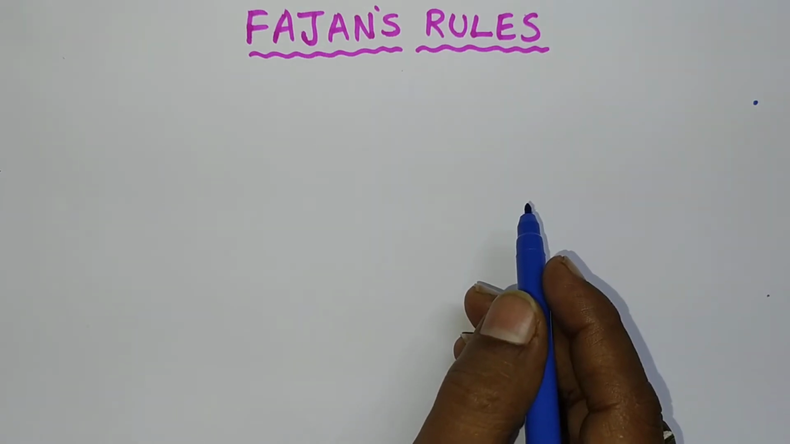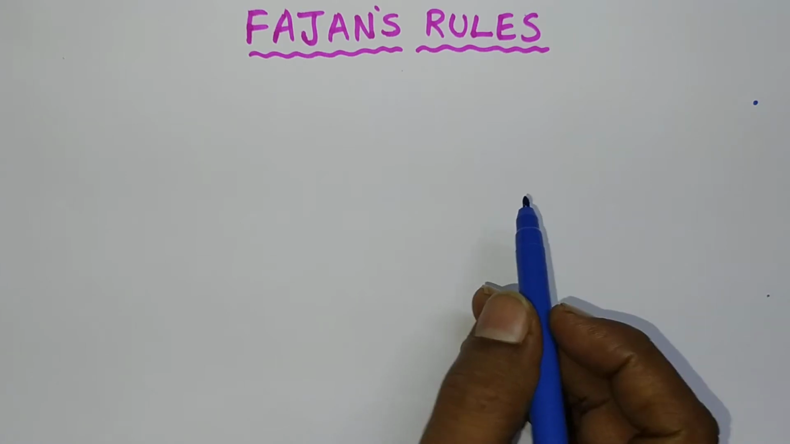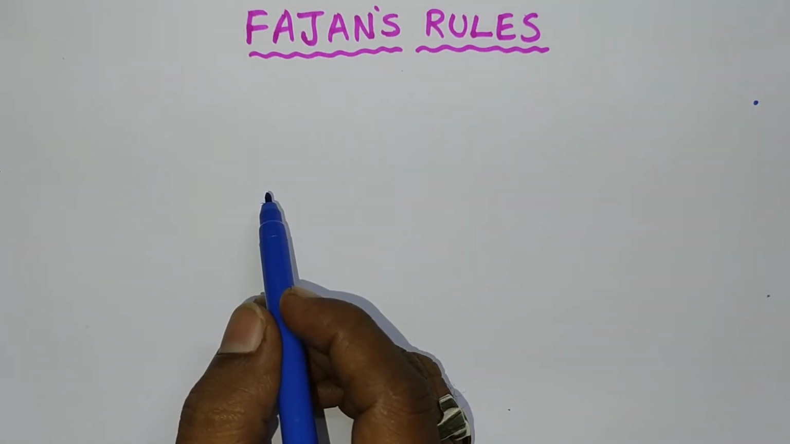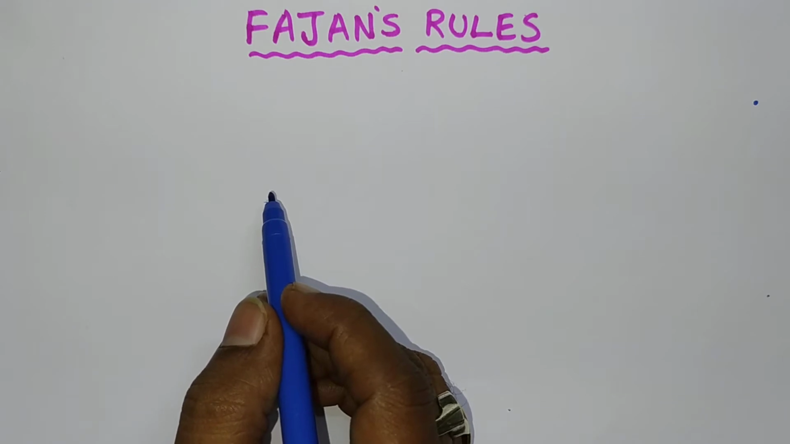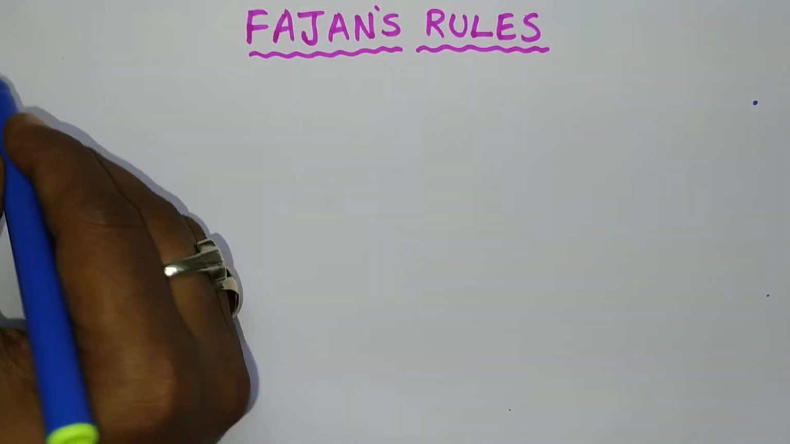Dear students, today we are going to discuss Fajan's rules. These Fajan's rules are useful for predicting whether the given molecule is an ionic molecule or a covalent molecule. In order to identify whether the molecule is ionic or covalent, we have to consider mainly four